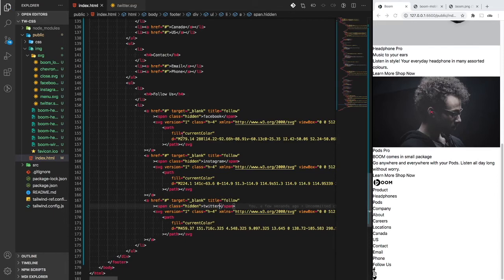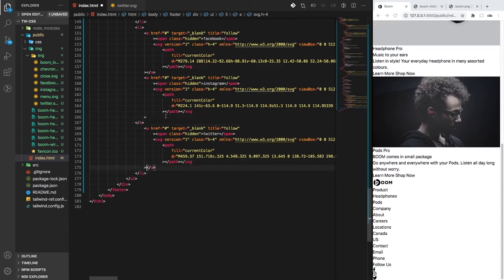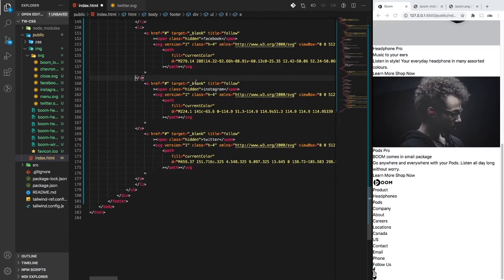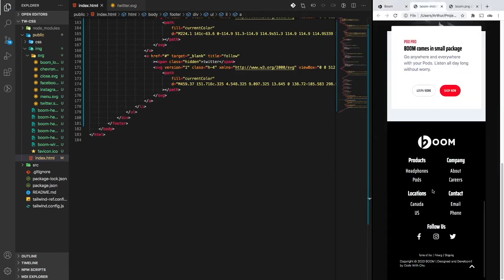In an ideal world, these would all be coming in from like an API or something, so I wouldn't have to type it all. You just have to create like a template for it. There we go. Okay, so the end of our footer, we have this kind of disclaimer area